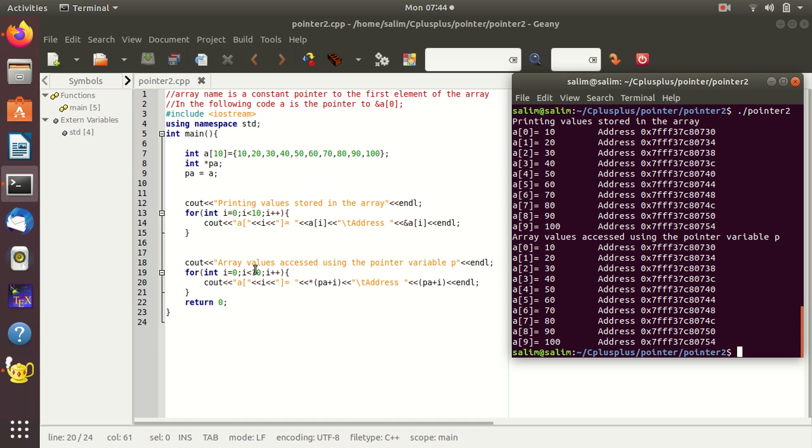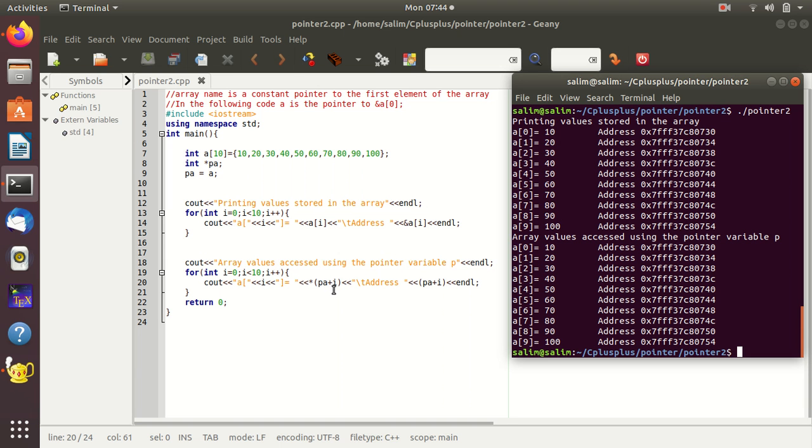And in the next part, we will print the pointer PA 10 times, starting from 0 to 10 times.